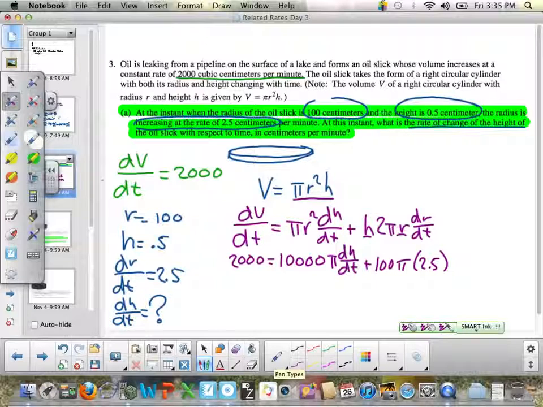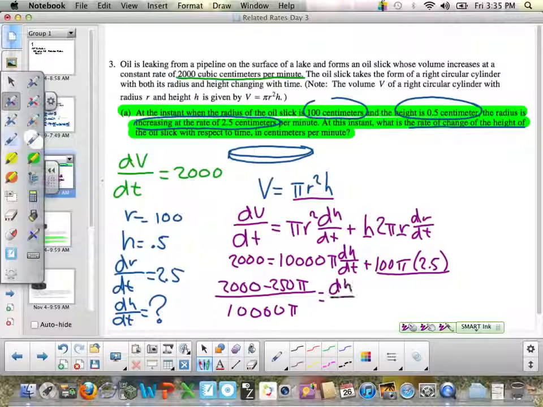Solving for dh/dt, we'll subtract 250 pi when we multiply 2.5 times 100, and we'll divide by 10,000 pi. All right, so that's the rate of change of the height with respect to time,